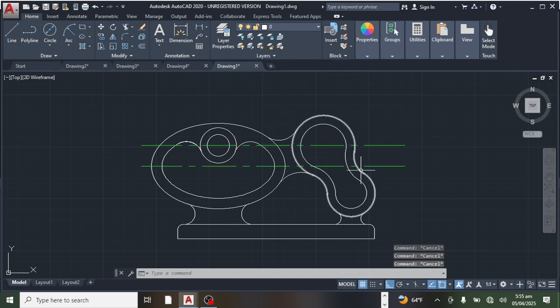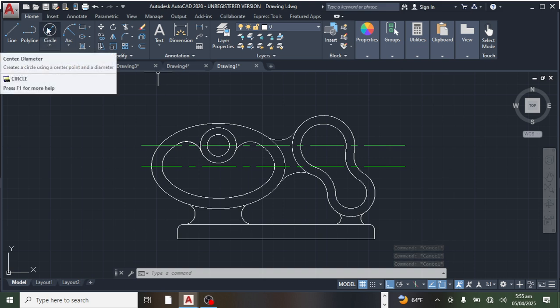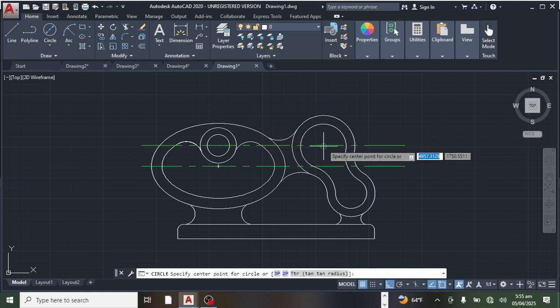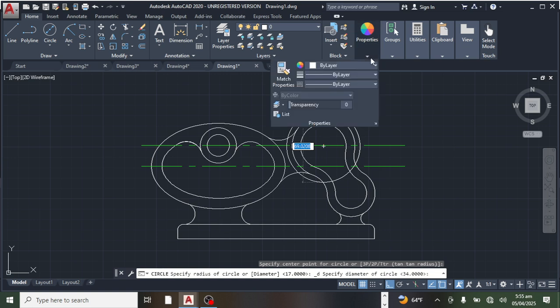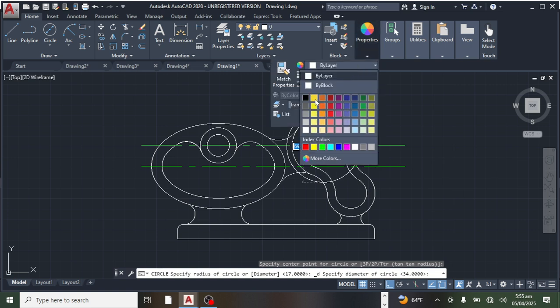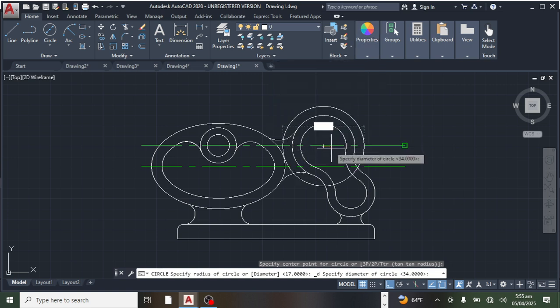And then we will remain with the hidden lines. The hidden lines, you have to have the color of yellow, yellow,